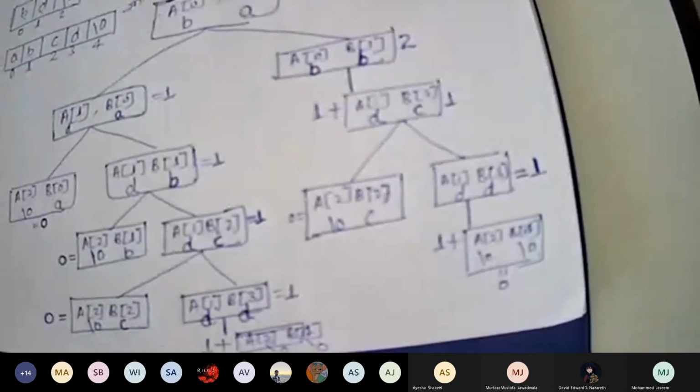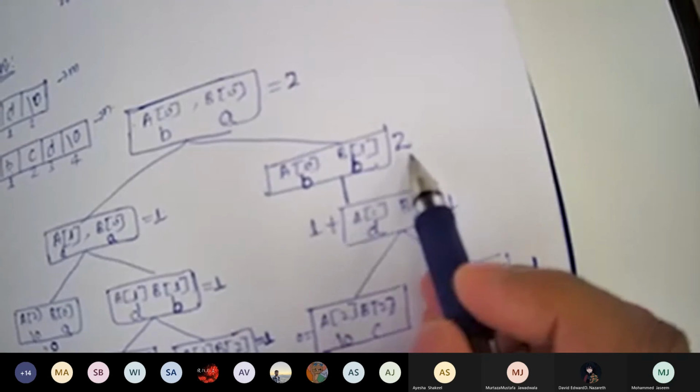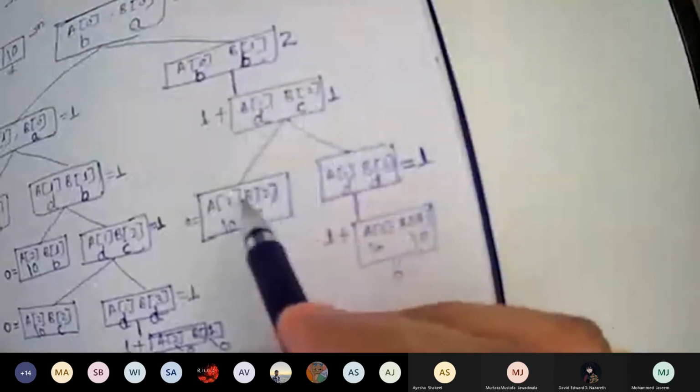Now, what is memoization? I was just talking about one concept called memoization. Here what exactly are we doing? We are storing the value. If you have this value 2 stored, do you need to count this?